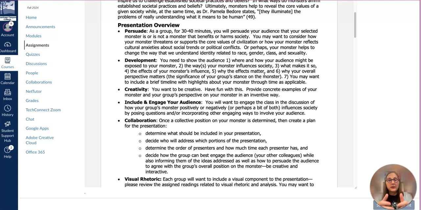So in each element with each presenter, you're going to want to address some element of this, right? So you're going to want to think as a group about what you might want to prove, what things you could bring in to help support your argument and enhance your presentation, and then divvy up who's going to address what. And then what might be helpful is a brief timeline with highlights of your monster